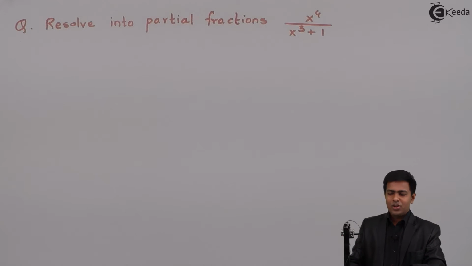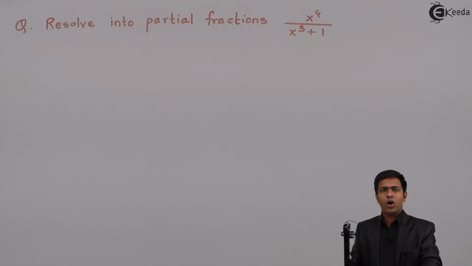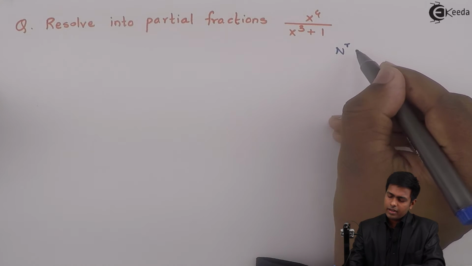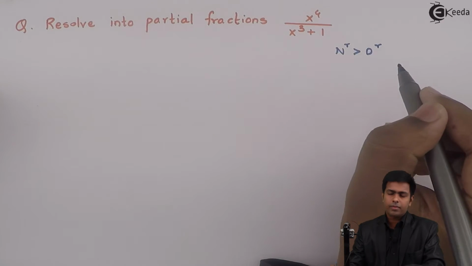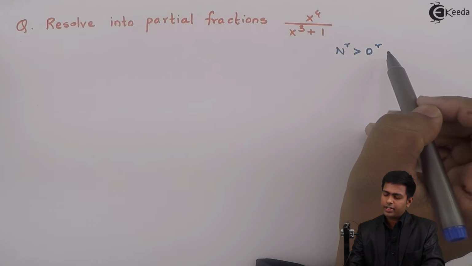Hello everyone. So here in this problem we have to find out the partial fraction of x raised to 4 upon x cube plus 1. Now before starting with the solution, if you observe the degree of numerator and denominator, you will find that the degree of numerator is greater than the degree of denominator, because here the degree of numerator is 4 and the degree of denominator is 3,